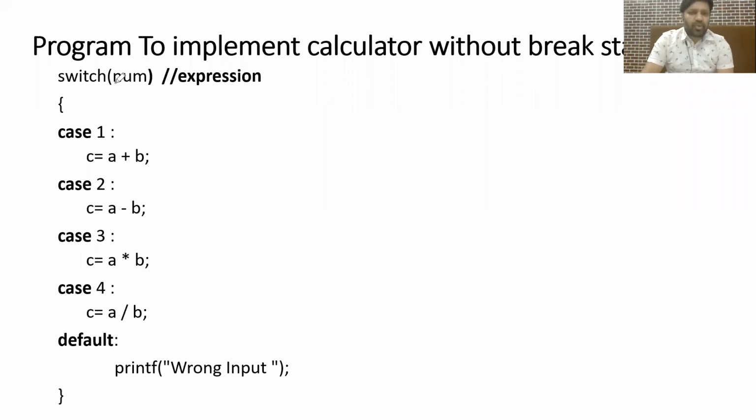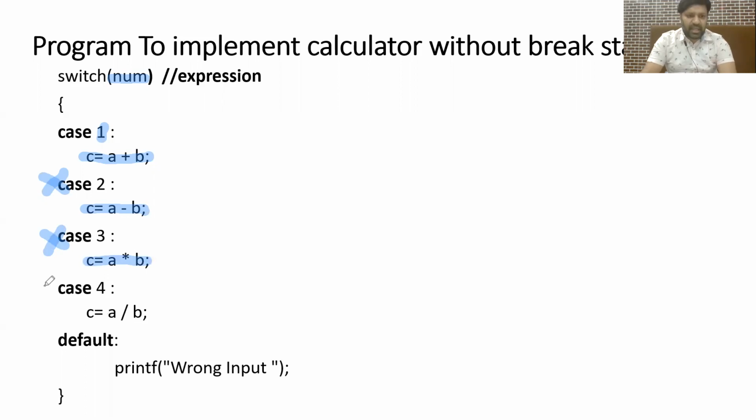Now let us suppose that the value of the num expression is equal to 1. So that means the value of the variable num is equal to 1. If this case is true, then we are surely about to execute this statement, C is equals to A plus B. Now there is no break statement given in here, so that means this statement case 2 becomes irrelevant and C is equals to A minus B will be executed. Now again the break statement has not been used, that means this statement also becomes irrelevant and subsequently this statement